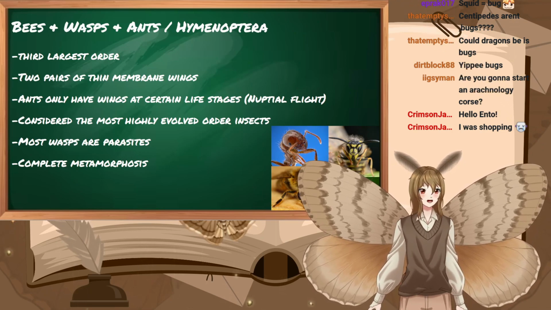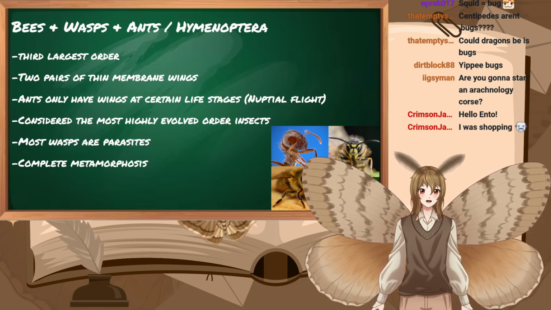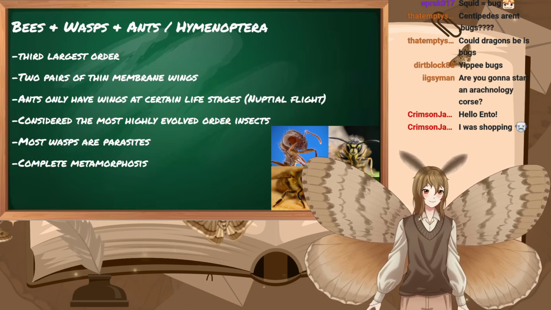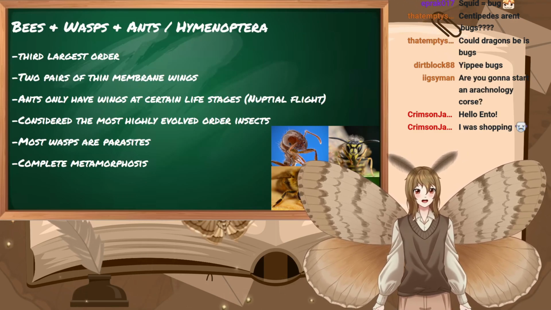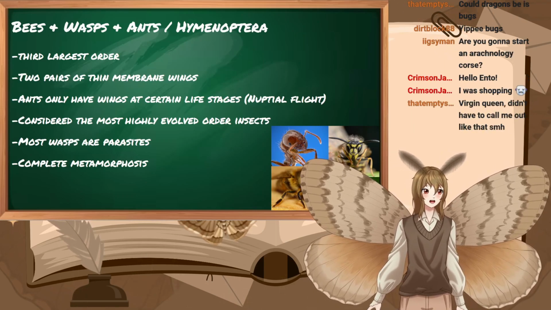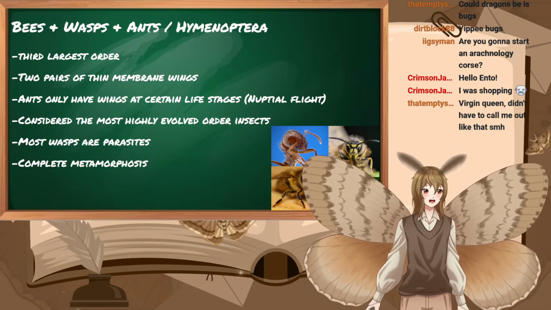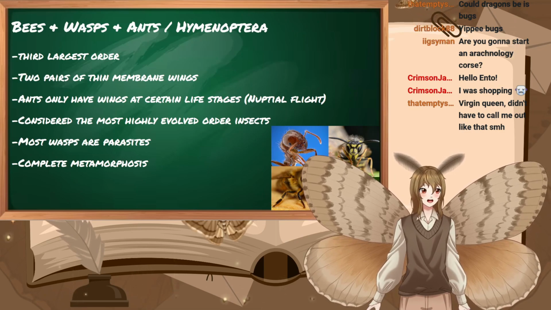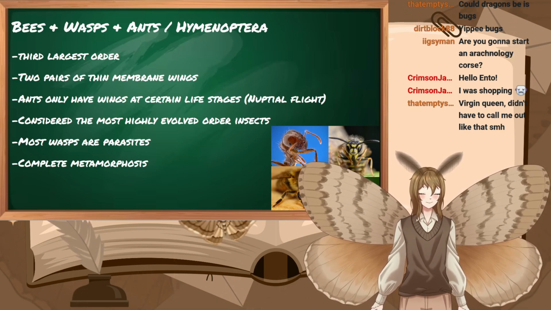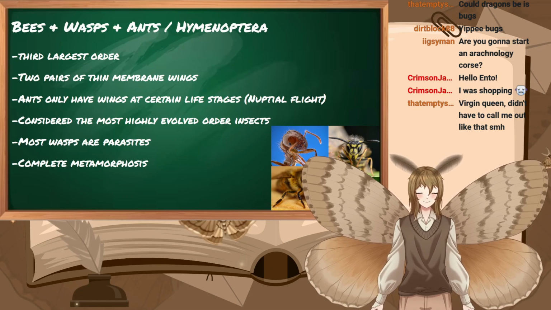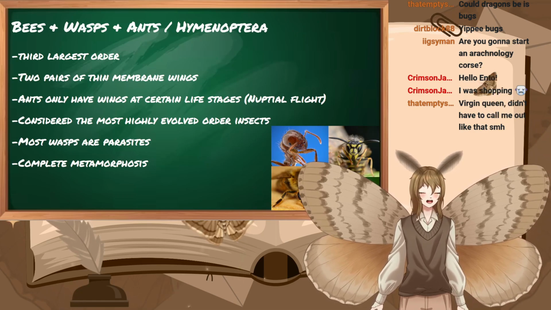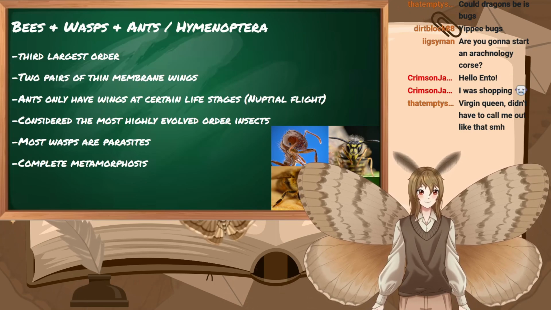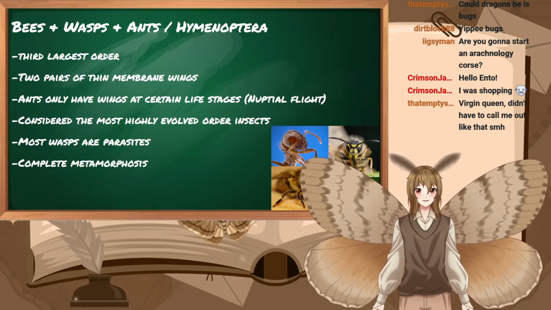Not sure if you knew this, but most wasps are parasites. They lay their eggs with someone and then just kind of skedaddle. They feed off of different insect species. As you might know, you can observe that in cockroach wasps, where the larvae essentially get put into the cockroach, which is then a zombie from the venom, and lives off of that and punches through their abdomen after eating all the organs. They also undergo a complete metamorphosis.